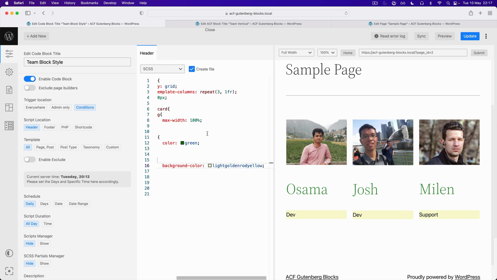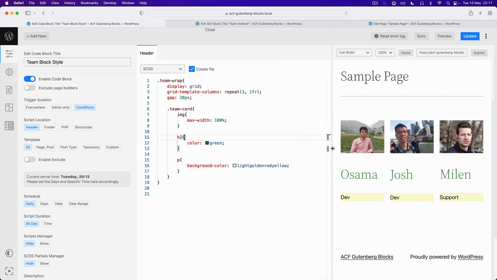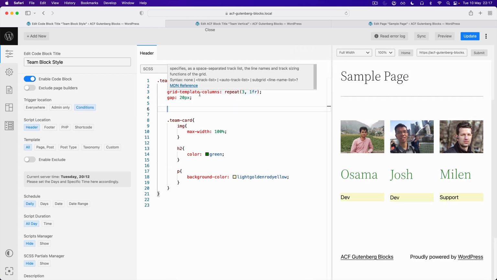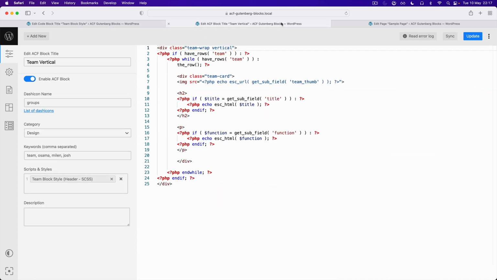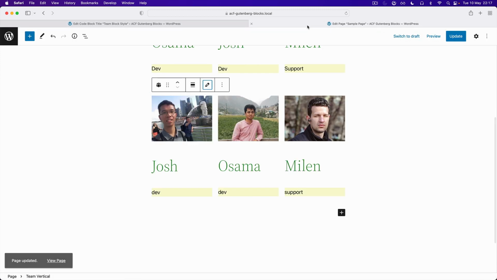But we can overwrite this one. We can close this one as well, and if we reload it,